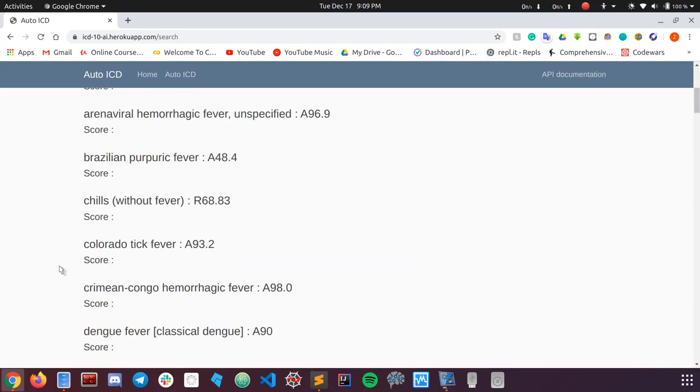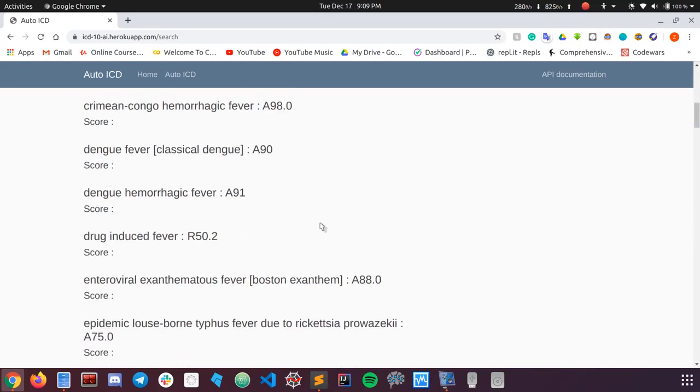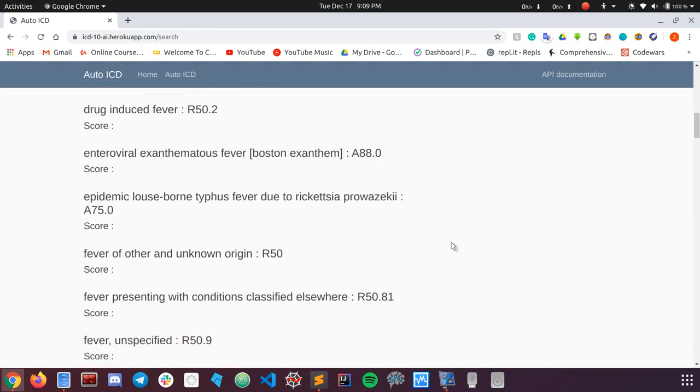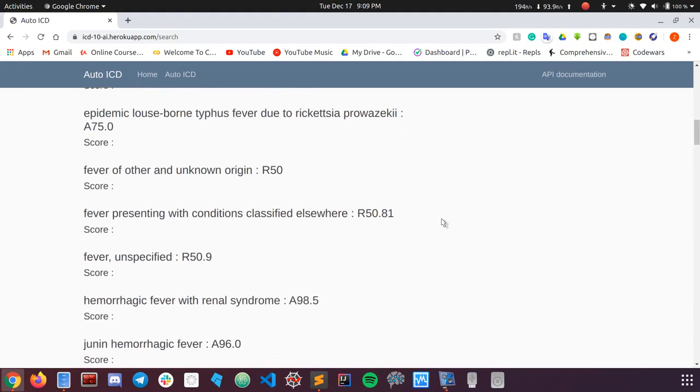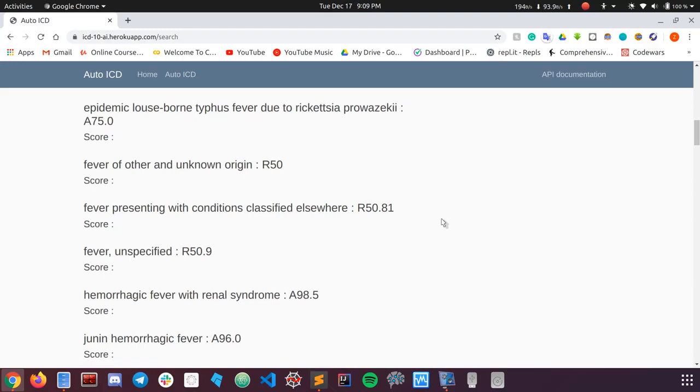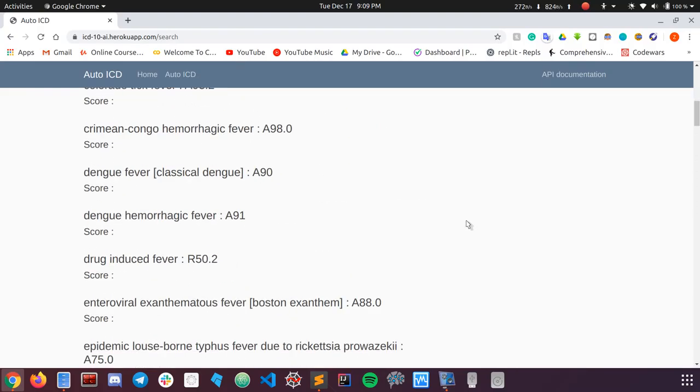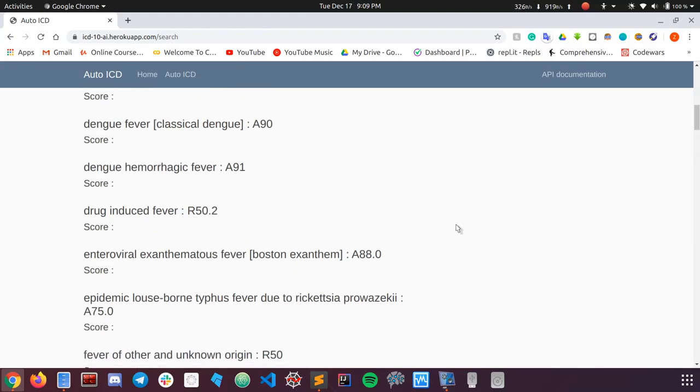Now in this case, the machine learning model wasn't able to suggest any one code for the input fever along with the patient details.